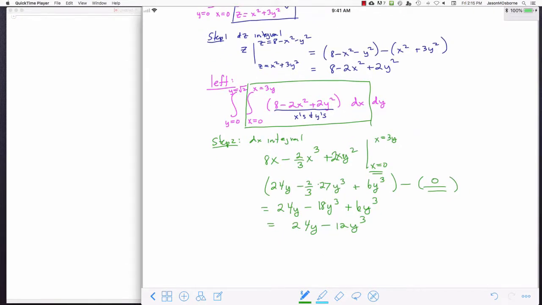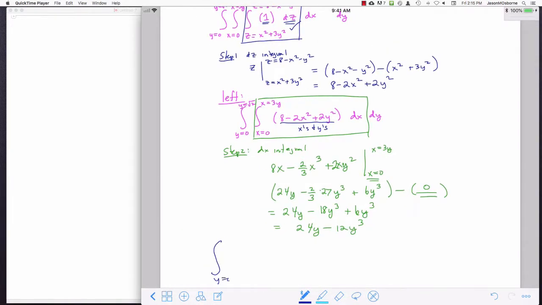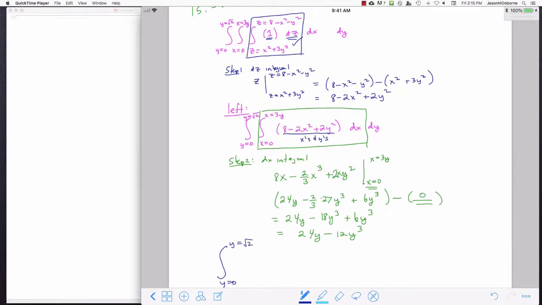Okay? So now we're on our last step, and that we need to integrate from y is equal to 0 to y is equal to square root of 2, 24y minus 12y cubed dy,